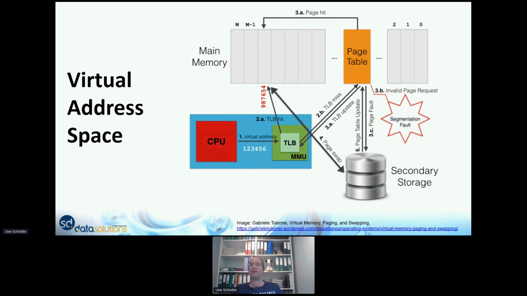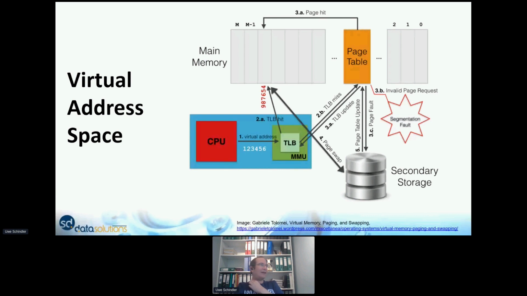But there may also be the possibility that the page table contains an entry saying no, there's no memory available for that one. And there are two possible things. The first one could be that the memory address is not mapped at all to something. That can happen if you have an error in your program and go far outside of your memory. In that case, the page table does not have an entry, and the Linux kernel will cause a segmentation fault in your program. That's the famous one, when your program crashes and this segmentation fault appears. That is what happens.